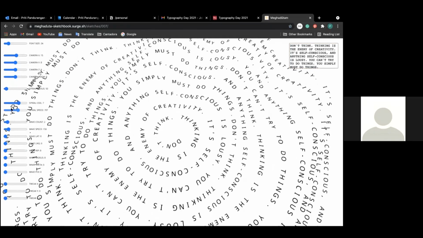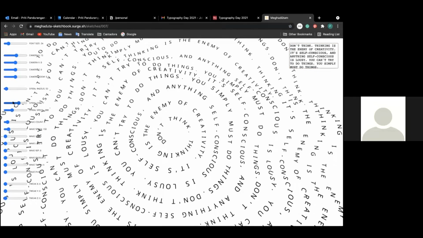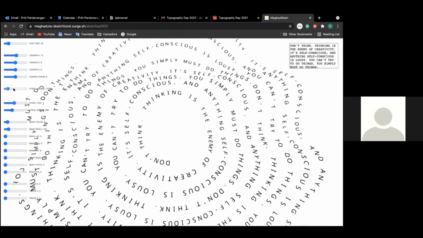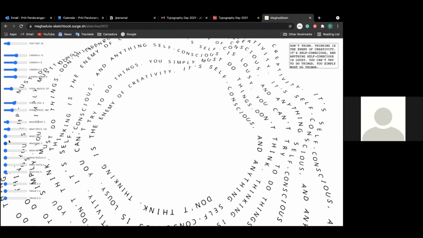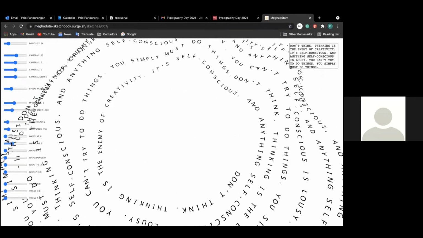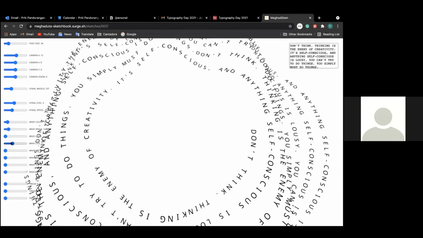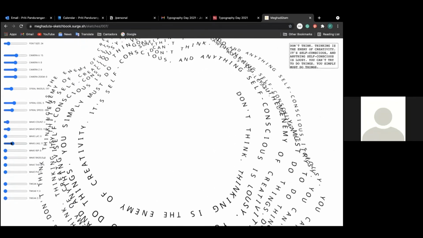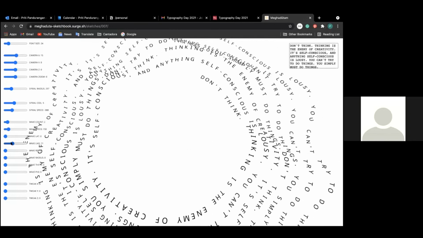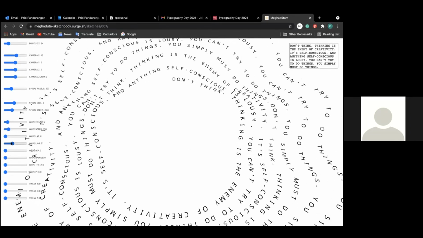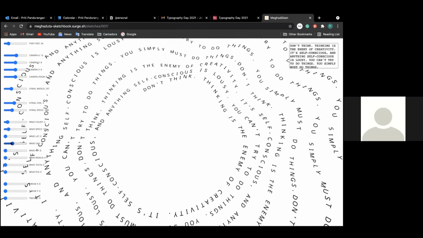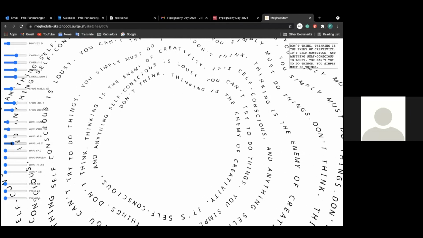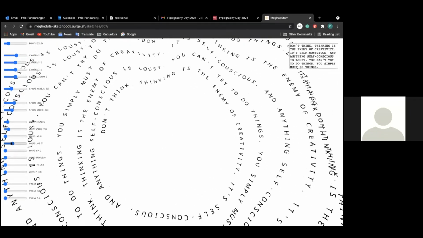This is a tool that I built for the purpose of iterations. And once I knew this was the form, shape, or motion that I wanted, I would take those values and apply interaction on it for the audience to interact with. So I'm trying to keep it short. This is the process that I used, but I'm happy to connect with you and talk about it more if you're interested.